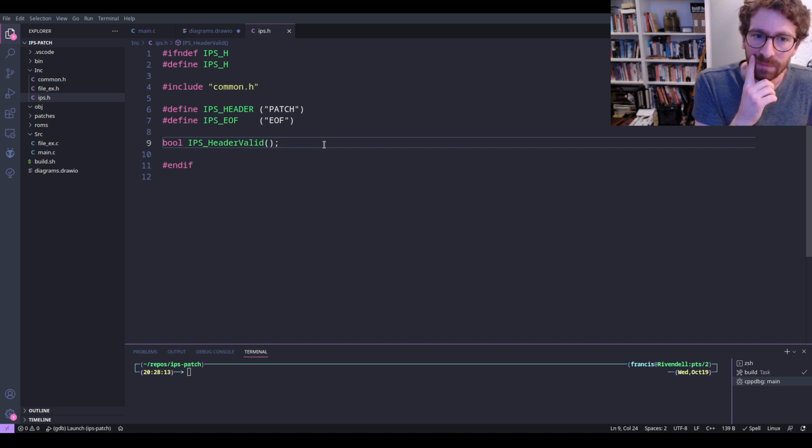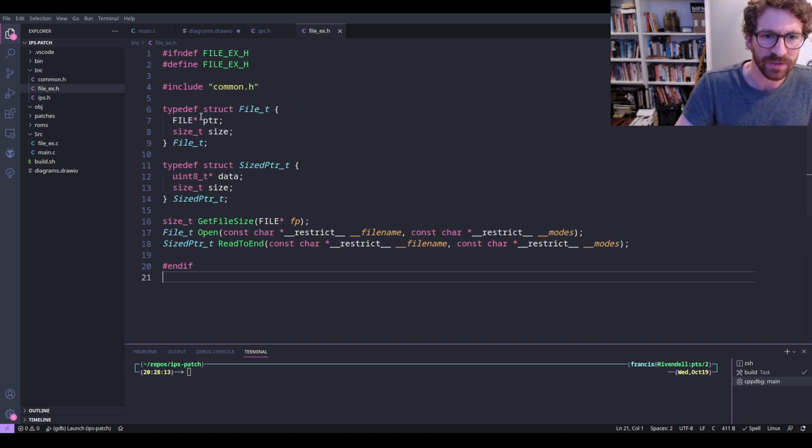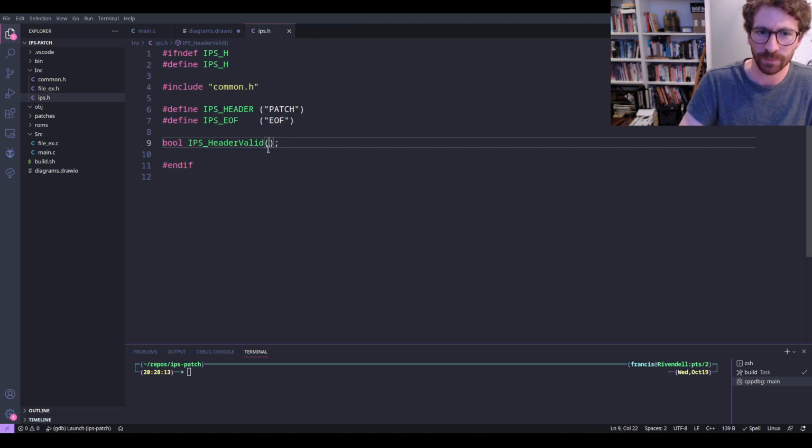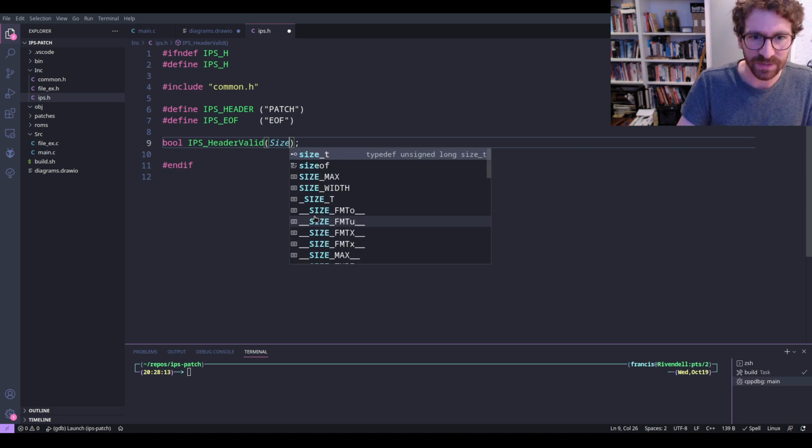And the way I'm going to do that is I'm going to pass in this sized_ptr_t type, which is a structure that has a pointer to some data, which are all just bytes, and a size. And I think that will be a nice format to take this in. It allows us to make sure we're not going to read outside the bounds of this array, because that is effectively what this pointer is. It's just an array of bytes. Okay, so we're going to take in a sized